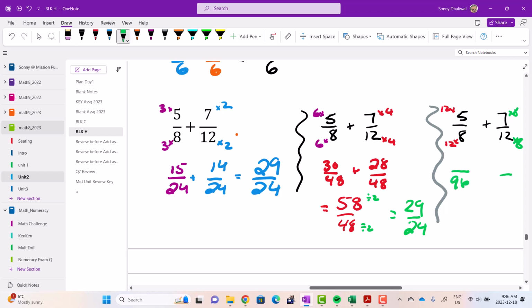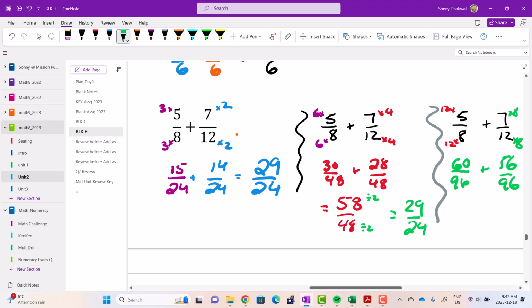Right? 5 times 12, 60. 8 times 12, 96. 7 times 8. You guys gotta look it up. What's 7 times 8? 56. Right? So you can notice that when we're going to do this, the bottoms are the same, so you can add it up,